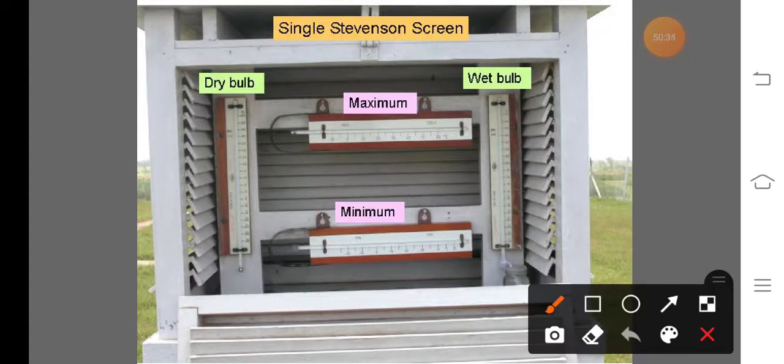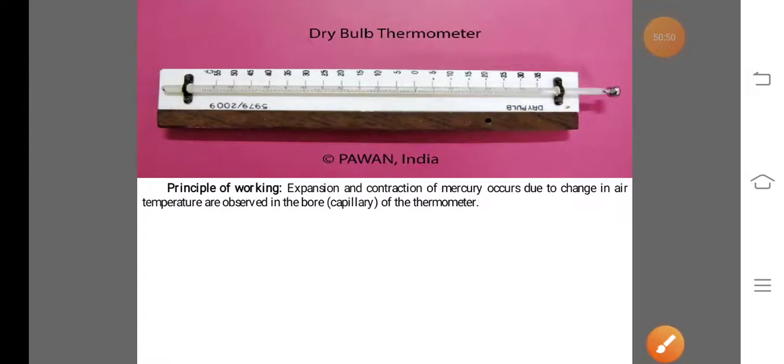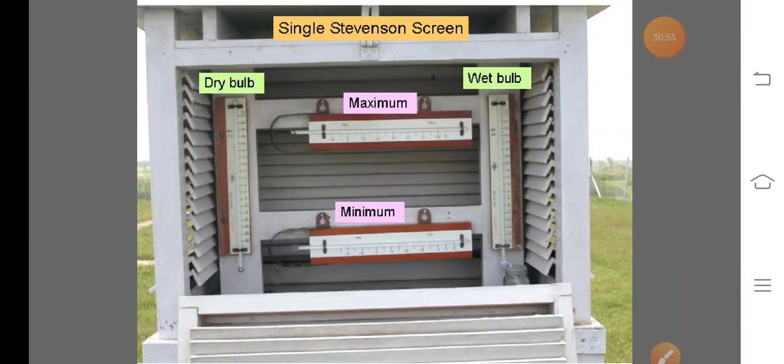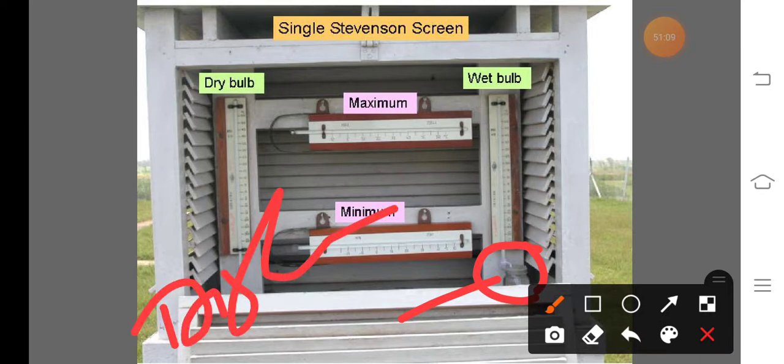This wet bulb thermometer is kept inside a single stem sunscreen, right inside of the observer. In the single stem sunscreen, it is kept horizontally in position, and this wet bulb thermometer is also wrapped with muslin cloth, and this muslin cloth is always kept moist by using distilled water. Distilled water is used to keep the cloth moist,